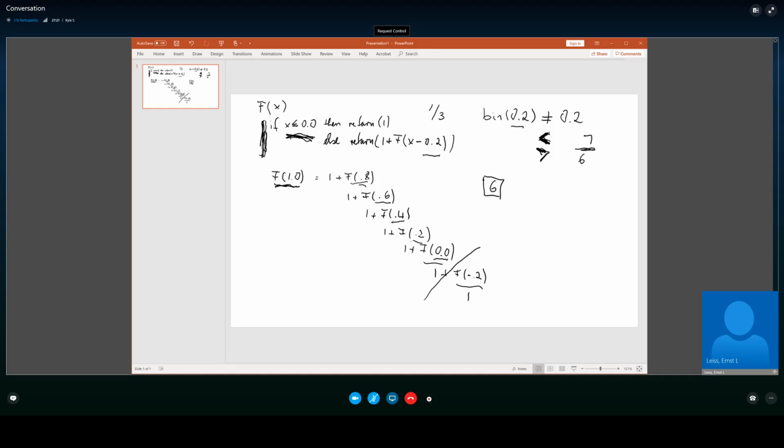So that's the second problem. We have more problems with that. The fundamental problem that we haven't explored yet is, of course, that not only do we not know whether it's the first case or the second case, binary 0.2 less than decimal 0.2, or binary 0.2 greater than 0.2, it is actually quite possible